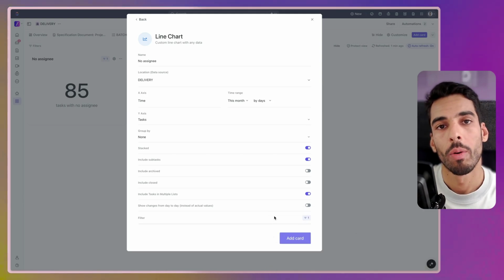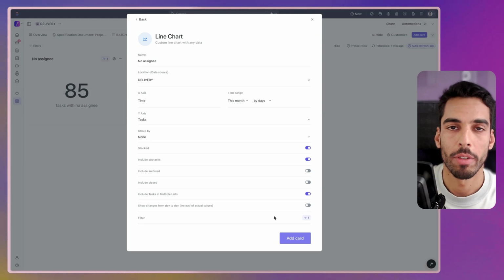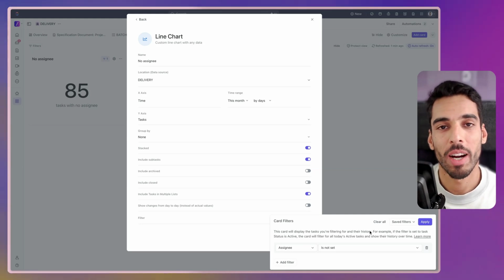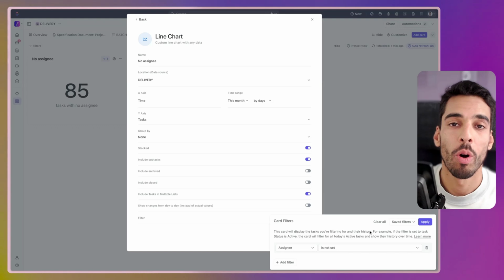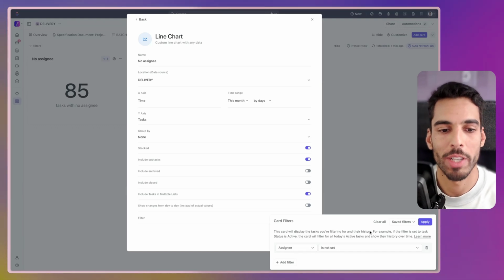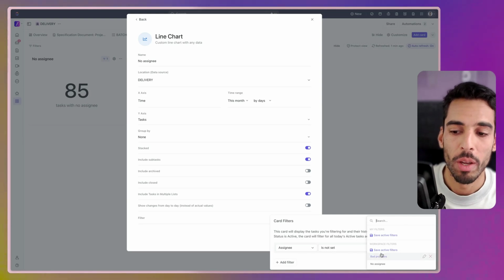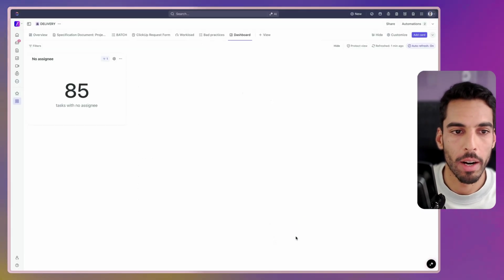And that way we can, with a single click, apply the filter to other cards or tasks. That's why saved filters are handy, because you can reuse them in another card, in another view, and your whole workspace can use them for their own projects. For the filters you use often, like those, I recommend you save them. We're going to click apply right here and add our card.